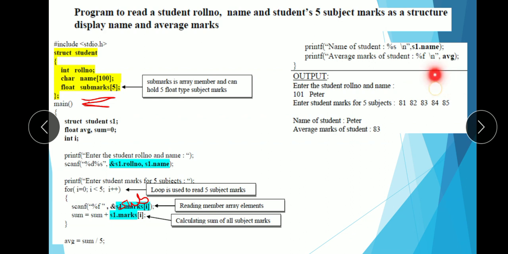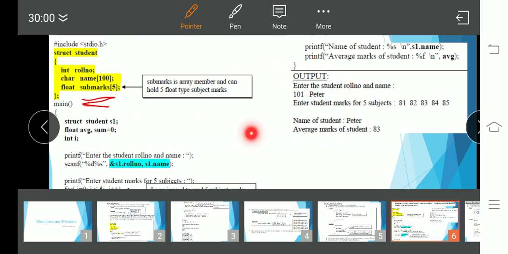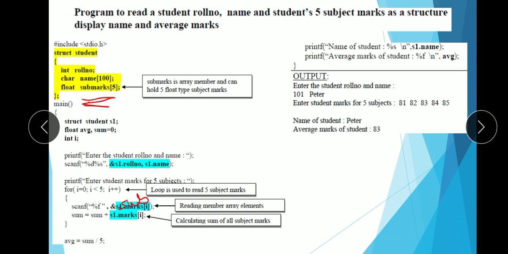So the output looks like this. Enter the student roll number and name. So the user will enter these values and then enter student marks for 5 subjects. He will have to repeatedly enter the marks 5 times. So 5 subject marks will be entered, and then inside the program the average of those marks will be calculated.